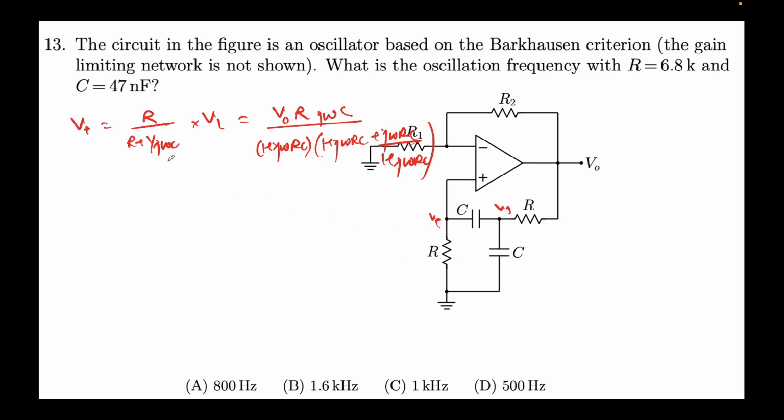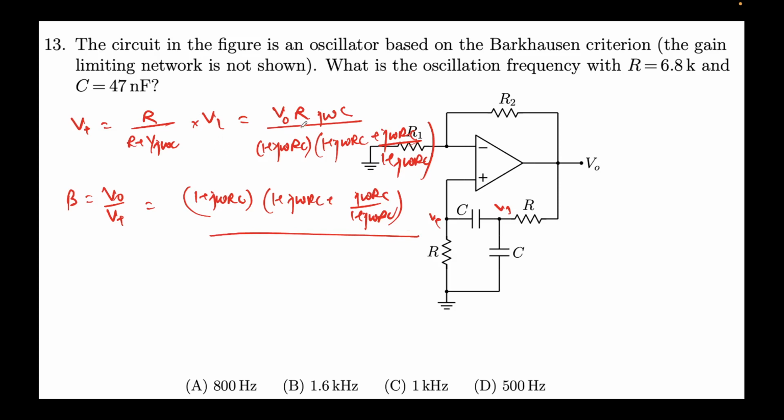So from this I can obtain beta, which is nothing but V naught by V plus. If I obtain beta as V naught by V plus, everything goes in the numerator, so this will become 1 plus j omega RC, 1 plus j omega RC plus j omega RC over 1 plus j omega RC divided by this fellow,